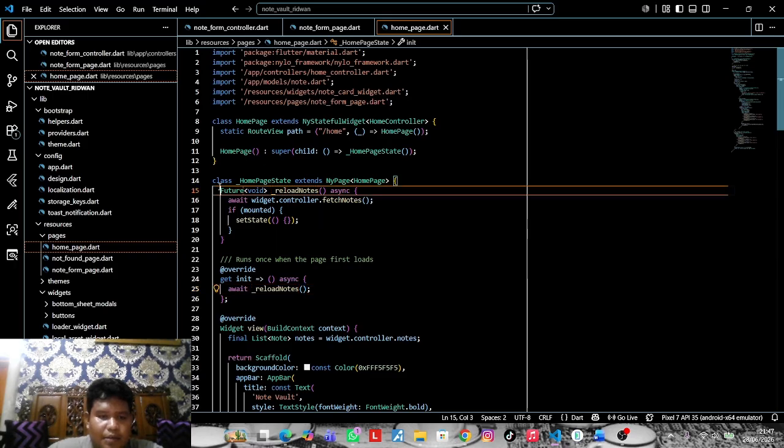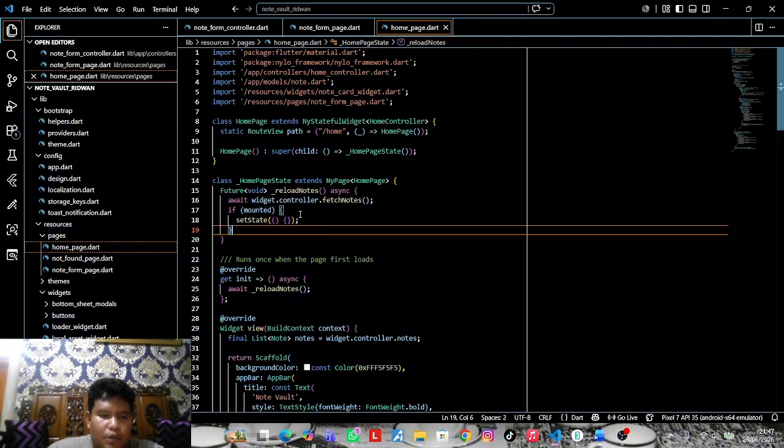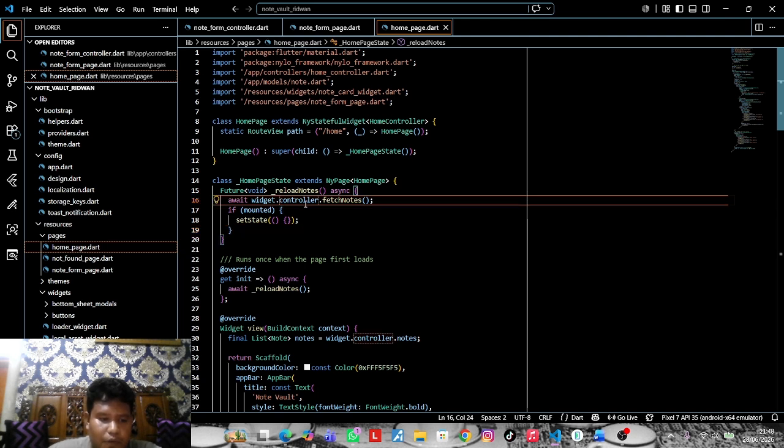And then this code, the reload nodes function will request all nodes from the controller using fetch nodes.